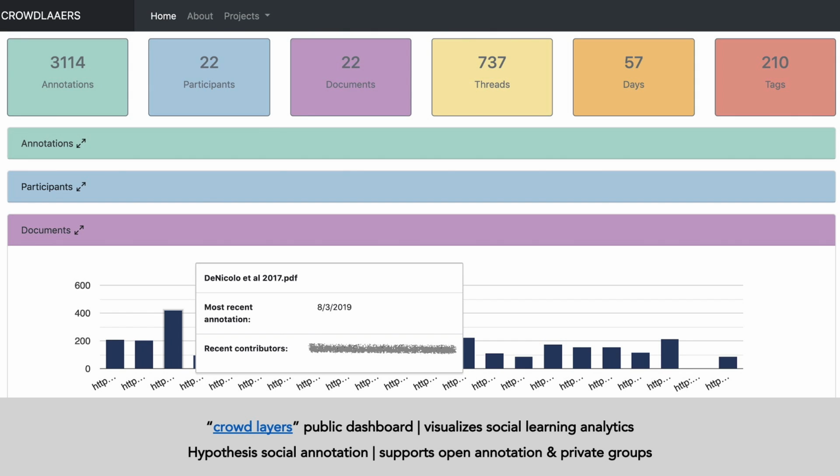I also want to briefly mention a project that has grown out of the marginal syllabus and is responsive to the increasing use of social annotation on the open web. This is the Crowd Layers dashboard. Yes, that's a very long, jargony academic acronym, but basically, if a document, whether it's public on the web, as a news article, a blog post, a PDF, whatever it may be, if it's being annotated publicly and also privately